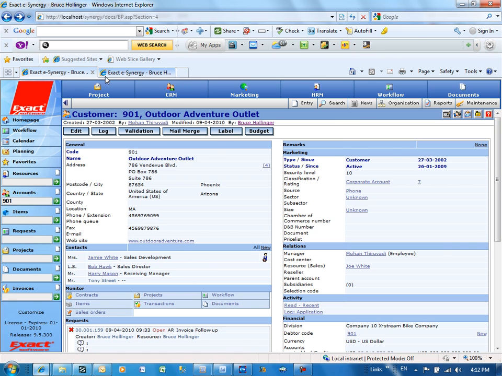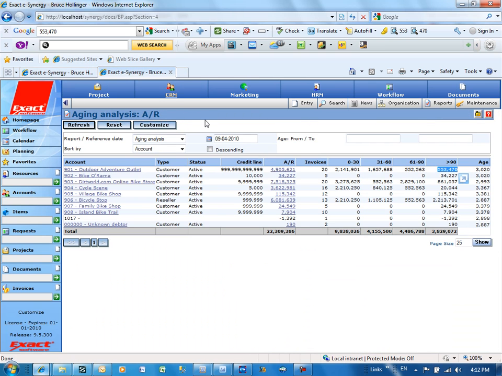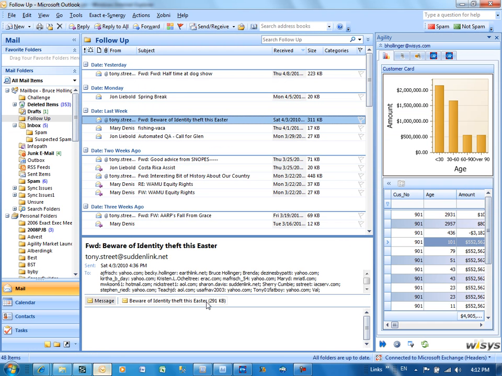The other thing I know in Synergy is I can do an aging analysis, and I can do that over here, but I have to go through multiple screens, and I see that he owes $553,470 over 90 days. But in this case, by merely clicking on Tony Street's email, I have all this information available to me. I know, again, that he owes $553,470 over 90 days,